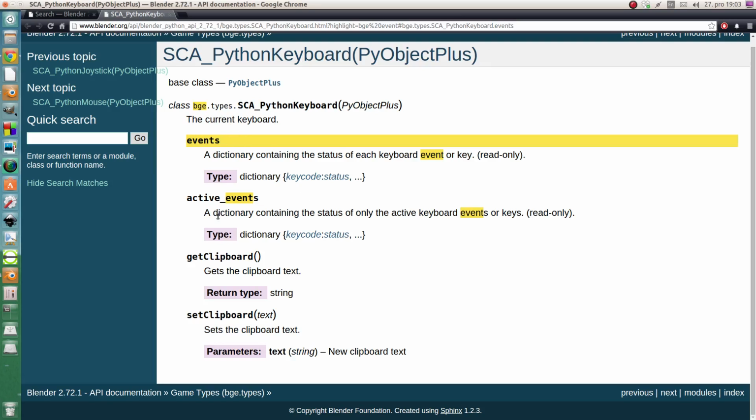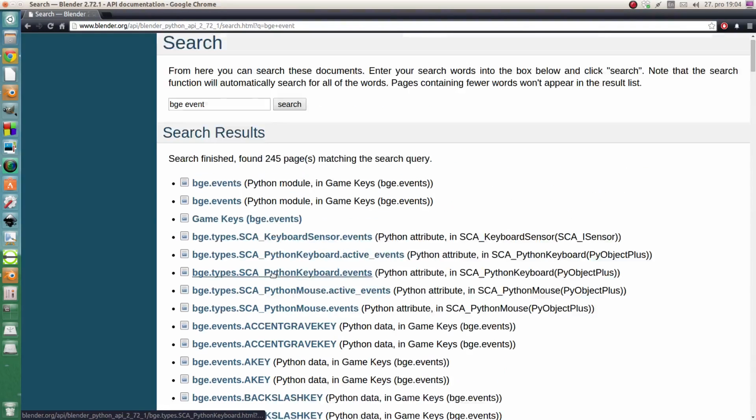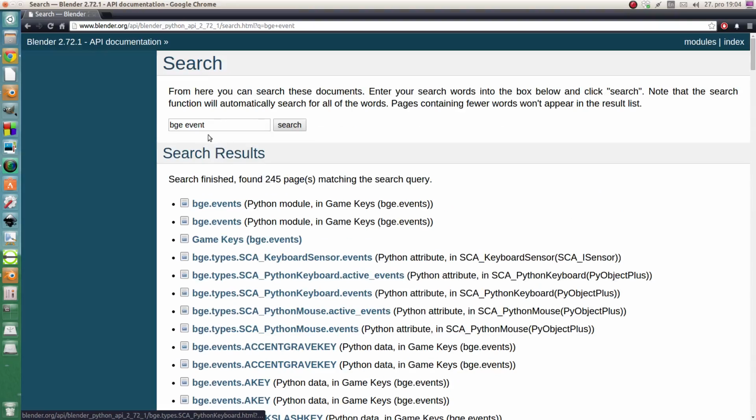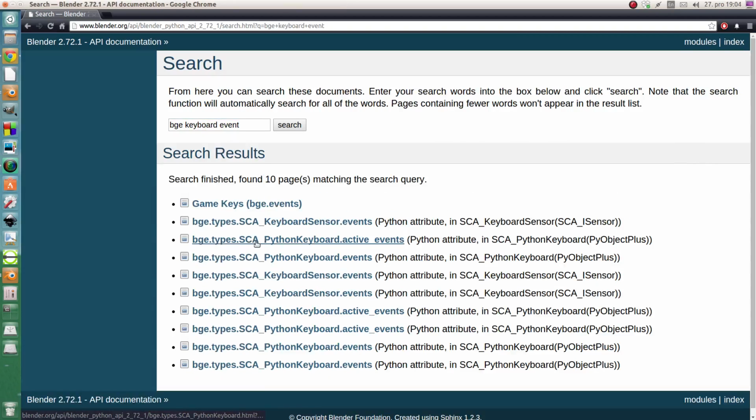BGE types active events, whatever we want in logic. Actually, where it is, BGE, we want keyboard as it is, not only keys, not the events itself. So we want keyboard sensor events. It could be this or this. What it should be,